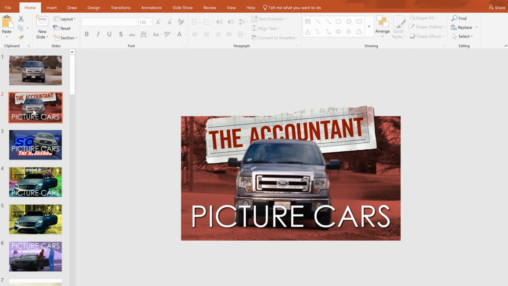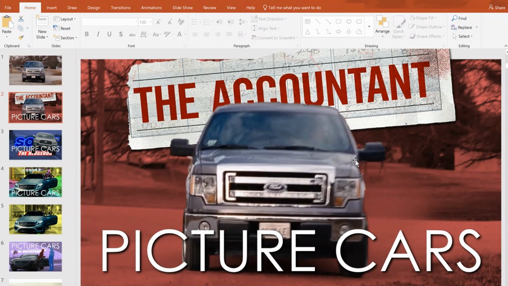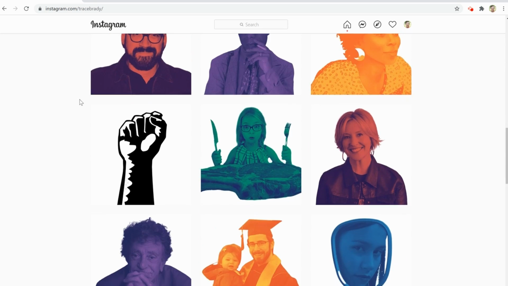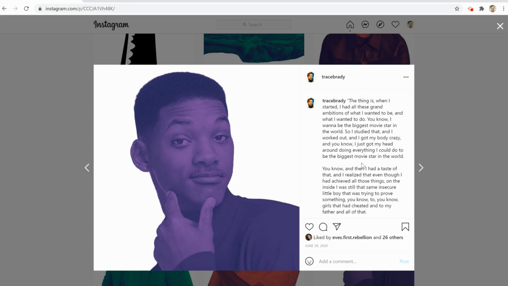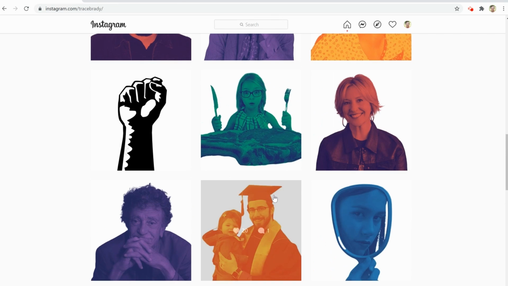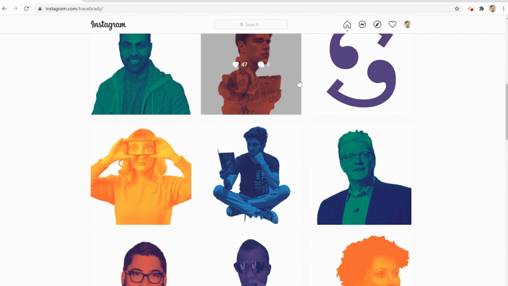For picture cars, I have a pretty simple scheme. I actually got the idea of both this series and the thumbnail design from Trace Brady. I've talked about this before, but the basic idea that sparked the series is, if your life were a movie, what would you make your environment to be? So in the series, I ask the question, is this the right vehicle for any given character?